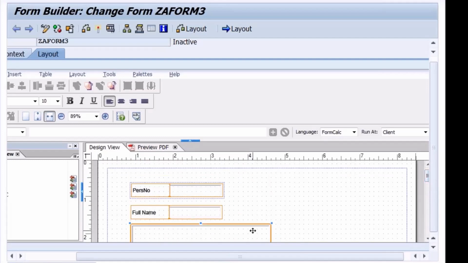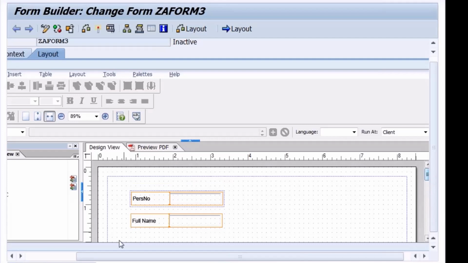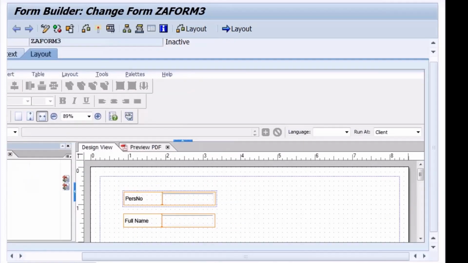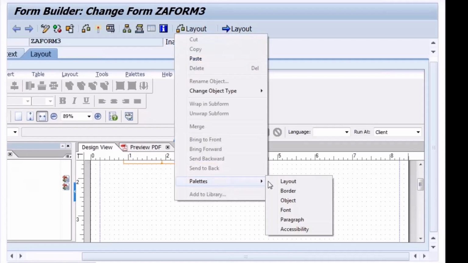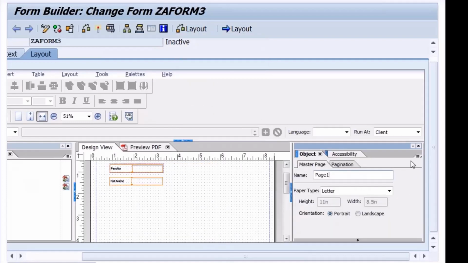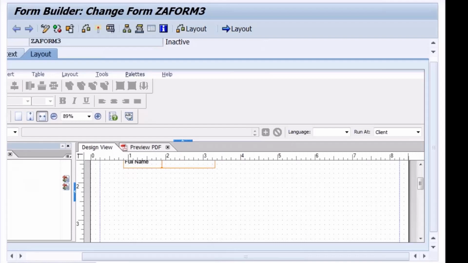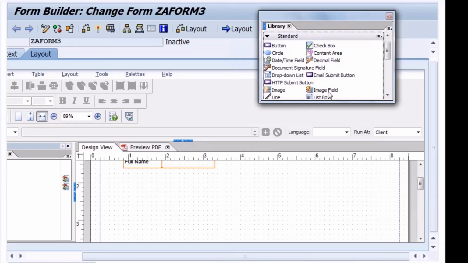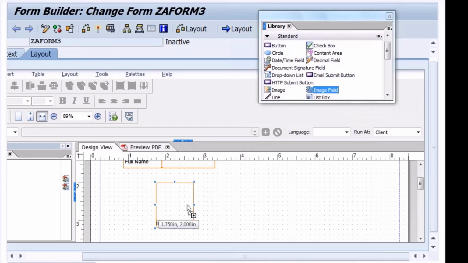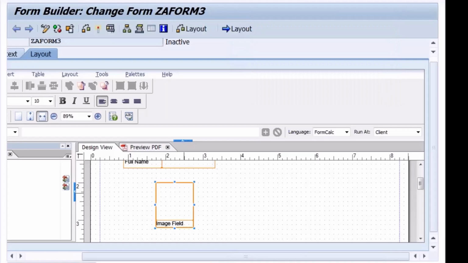One second, let me delete this. I have deleted that. Palettes, object, palettes. I'll go to library. Do we have any image field here? Yeah, I'll take the image field and put it here. This is the image field.